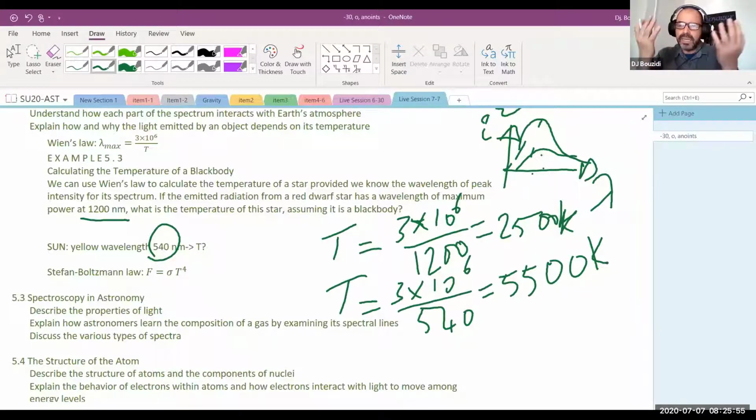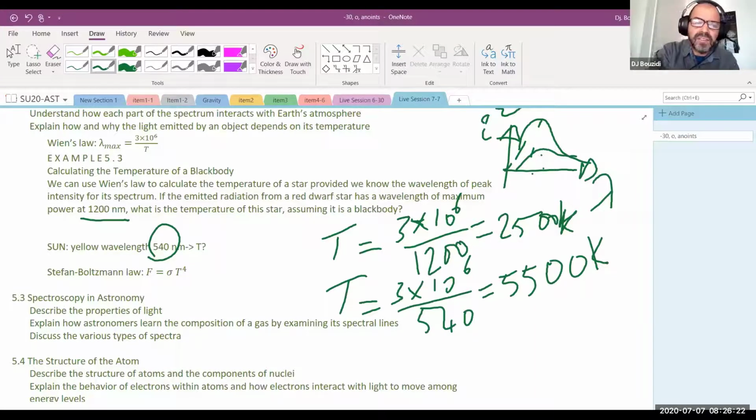So that's again my estimate, because I know that's where yellow lives. So that's basically what the star, the sun, is. Again, just by looking at the spectral analysis, it's just finding the maximum wavelength. If I check the wavelength, for example, for Rigel, and I see that it's peaked around the blue color, then I know its temperature is much, much hotter than even the sun. So that's basically how we can do these things. It's very, very powerful stuff.